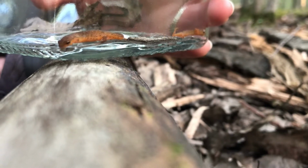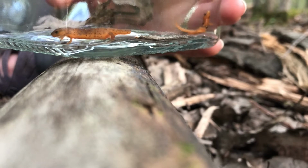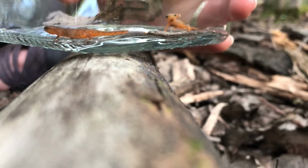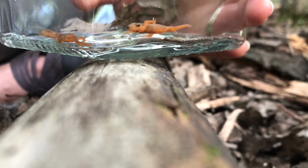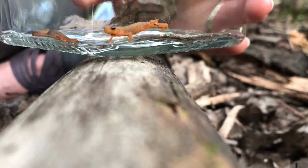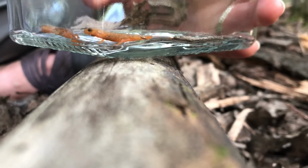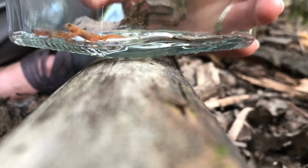And so they can be in that eft stage for a long time, 2 to 7 years. Then they go through a second metamorphosis and become aquatic adults. So the adults live, they go back to the breeding ponds with the permanent water, and they tend to be